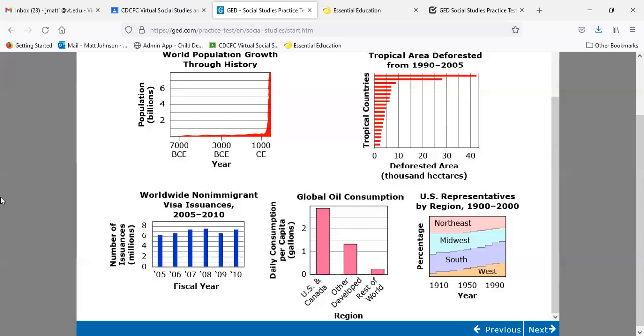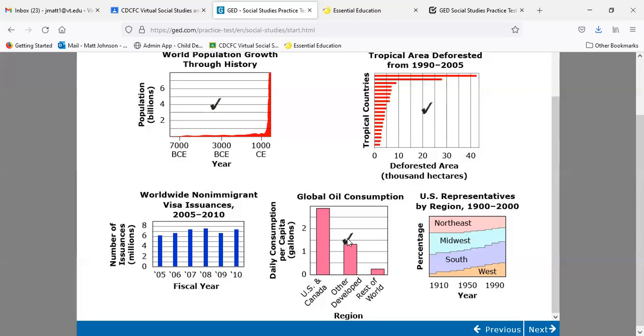So will it be the first graph, world population growth? I believe so, right? Then the second one, deforested area, because if the population grows. And then will it be the global oil consumption? I believe so. Yeah, that should be the 3, right? Because those are tied to